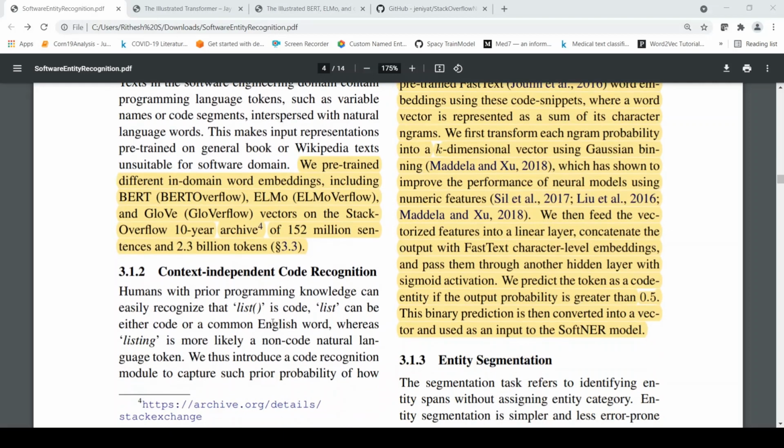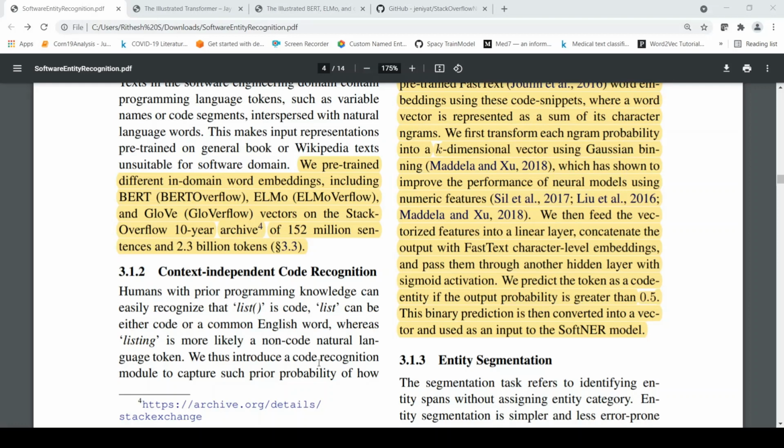Now, context independent code recognition. The idea is that humans with prior programming knowledge can easily recognize that list is code. List can be either code or a common English word. Listing is more like a non-code natural language token. So this is the challenge: list, if you have open close brackets, then it is code, otherwise it can be a common English word or code.